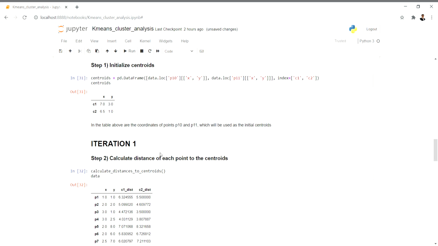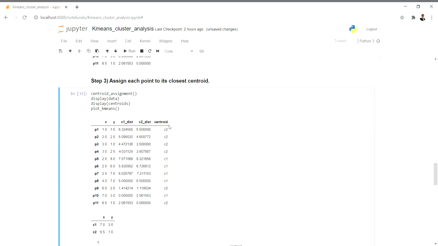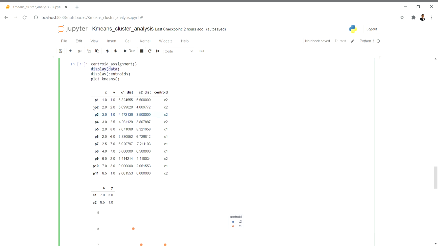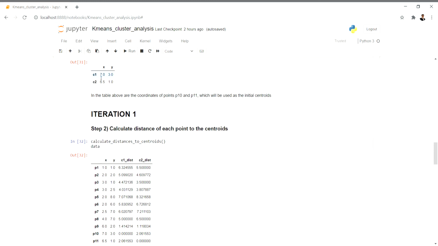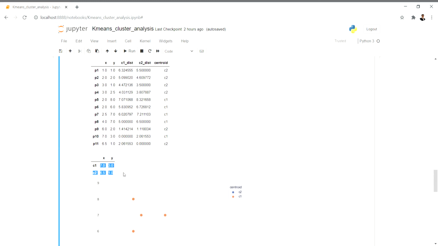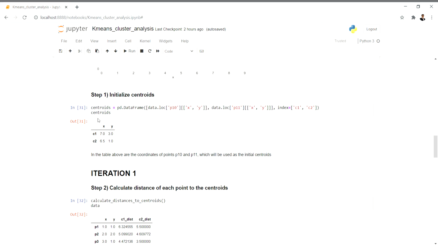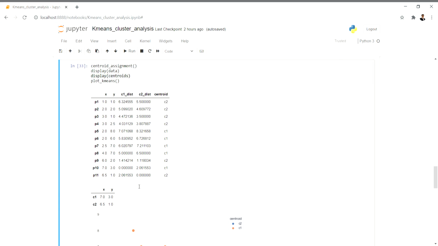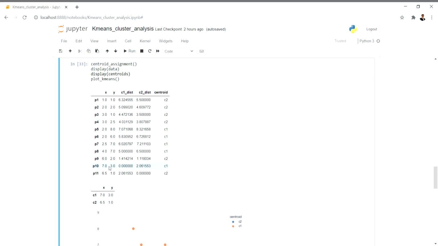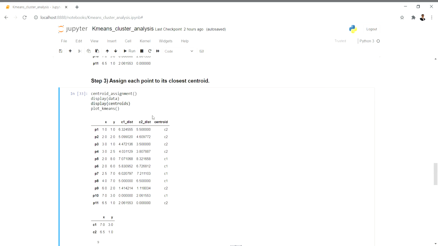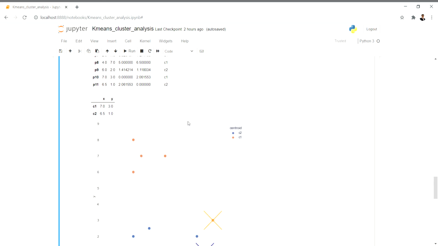Right now, everything is happening within the first iteration. We are displaying the data that is the result of this, and displaying the centroids that we have. The centroids, mind you, are the old ones itself. We have not recalculated the centroids, so this data is the same as this one. Now we have to recalculate, because the cluster assignments have changed. That's why we have to recompute the centroids.